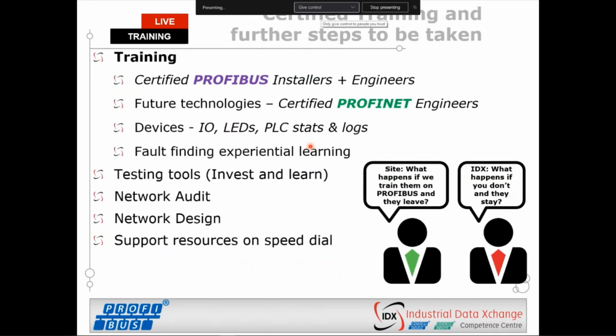So, certified training and further steps to be taken after this. I definitely invite all of you to jump on one of our certified PROFIBUS installers and engineers courses. Our installers courses typically run over 2 days and the engineers course over 5. We'll go into a lot more detail on PROFIBUS and a lot more in-depth discussions on PROFIBUS and how to properly diagnose these issues. I suggest getting training on future technologies to be installed at your plants, such as example